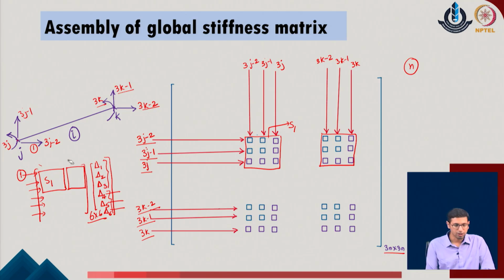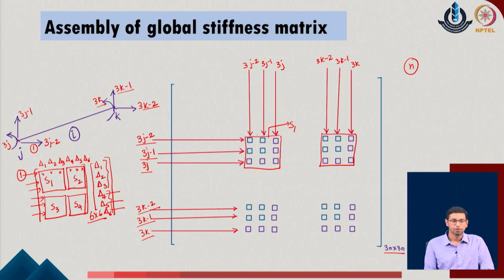As a next point of realization, we understand that corresponding to the equilibrium with respect to the delta 1 position, we are going to get the contributions in terms of delta 1, delta 2, delta 3, delta 4, delta 5 and delta 6, and these are the individual stiffness contributions of the given system. So, in the columns we have arranged these values, whereas in the individual rows we are writing these equilibrium equations of the given system. From this submatrix we will just pick up these values, say S1 to S4 of the given system, and now we place them very judiciously in the positions where they belong in the given system.